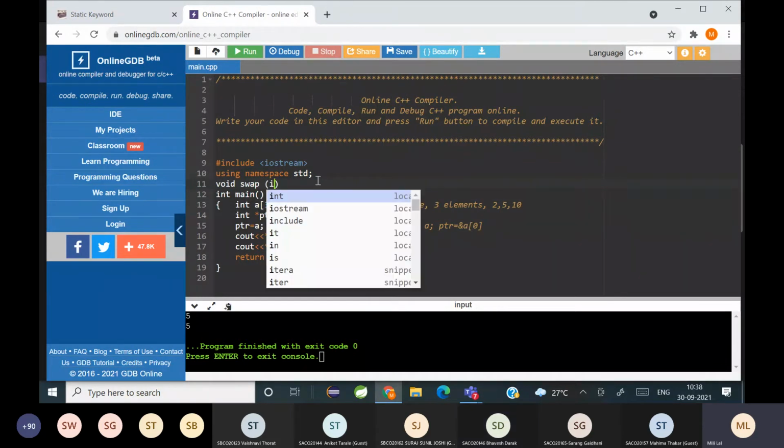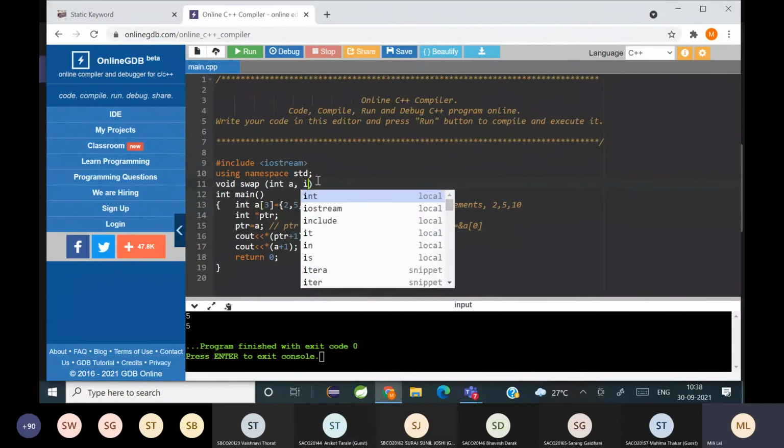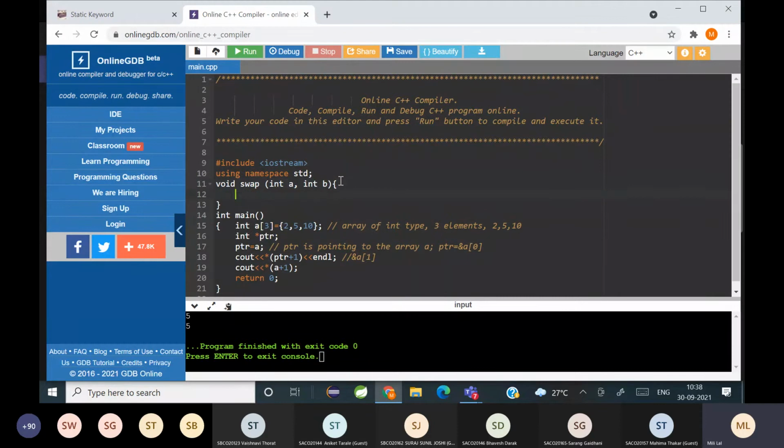Yes, ma'am. Interchanging numbers. Exchanging values. Suppose I write a function like this.